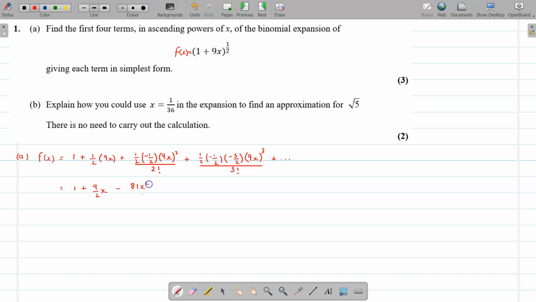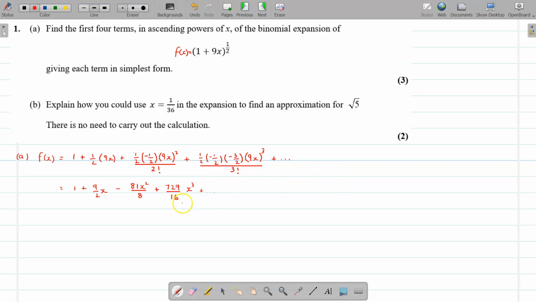And one more term, and that actually comes out to be plus 729 over 16, and that's multiplied by x cubed. Okay, and that's what you need to do to answer part A of the question, and then it just continues on from there. Okay, so that's your first 3 marks,